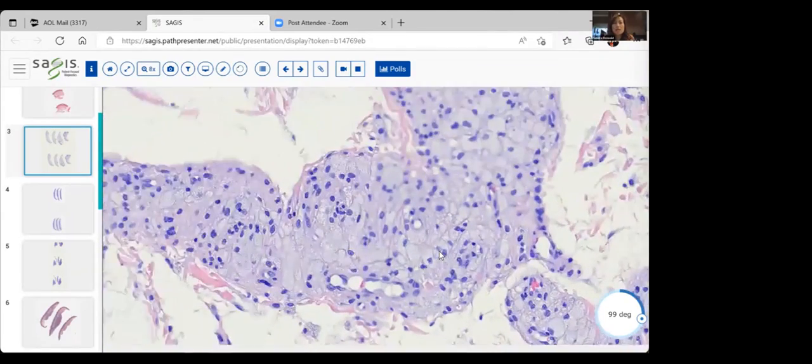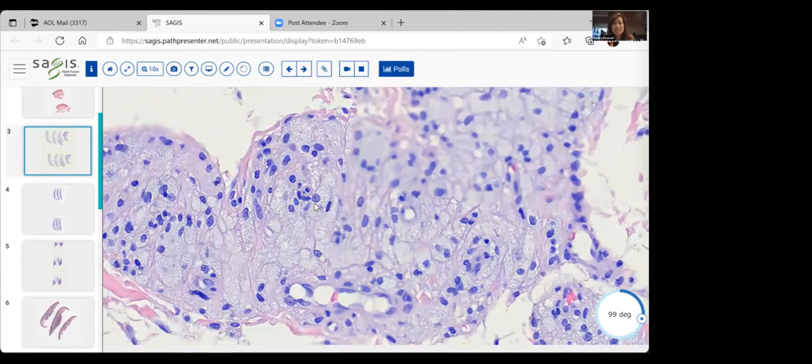What is inside the cytoplasm of these histiocytes? When you look closer, you see that these are lipid-laden histiocytes. They're bubbly, they're foamy, and they're actually called foam cells, or in this case, xanthoma cells, because they have collections of fat in them. So here's the nucleus of the histiocyte, and all this material is fat that it has collected in the cytoplasm of these cells. So clinically, again, this will look like those yellowish